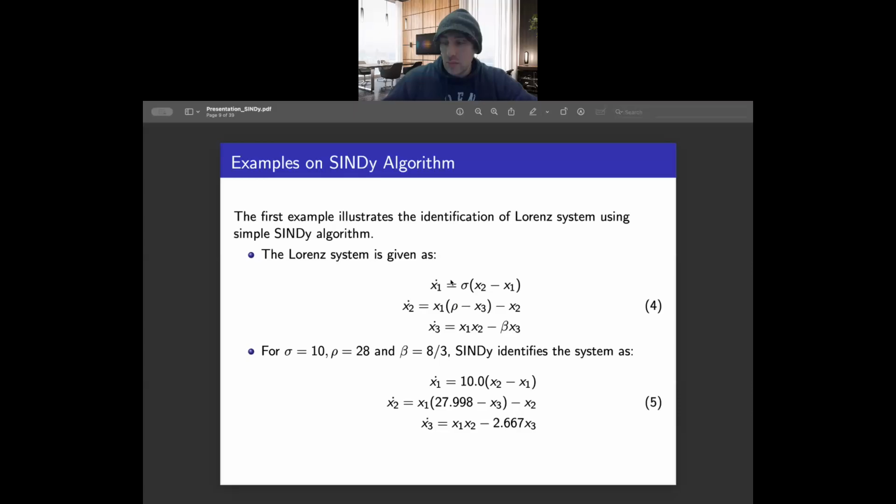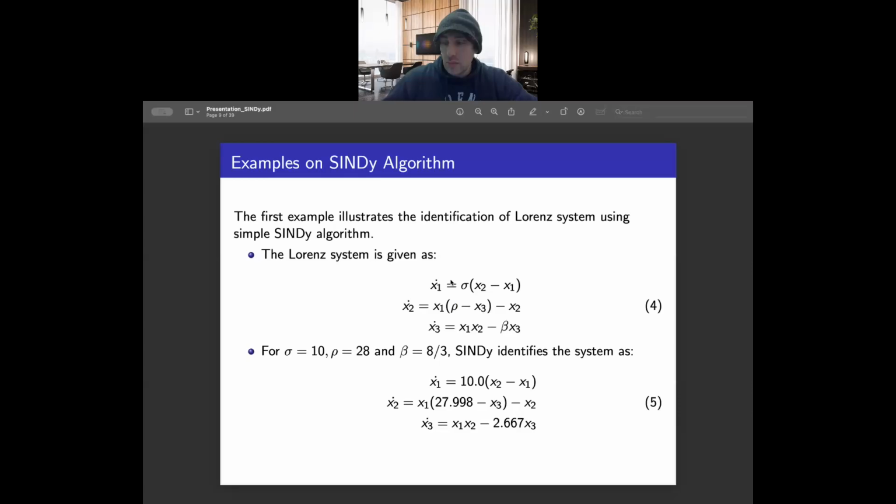This is the example which is also present in the first paper on the SINDy algorithm. In that paper they used different code because they had done everything in MATLAB, but we were working in Python, so we reconstructed those examples. The first example is the 3D Lorentz system, and we were trying to see whether we can replicate these equations again. The fourth equation that you are seeing here is the theoretical Lorentz system,